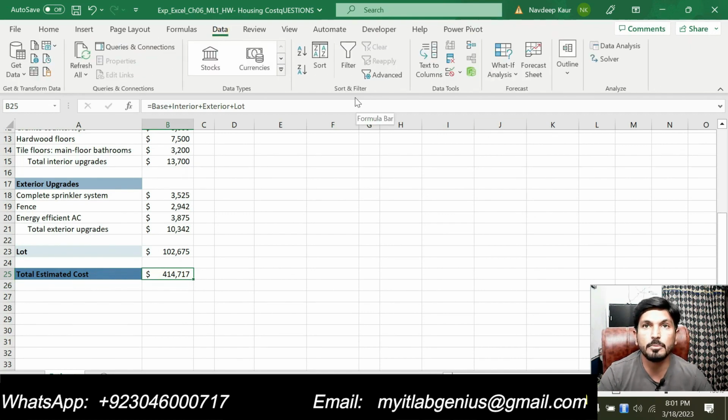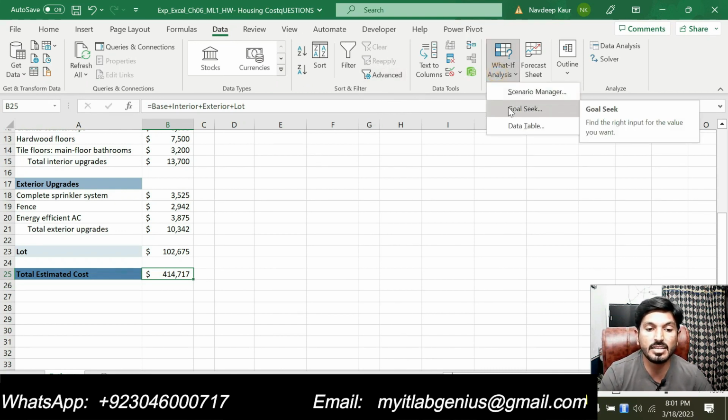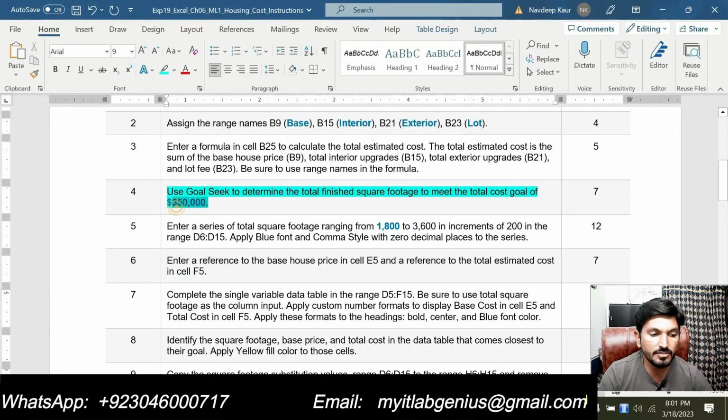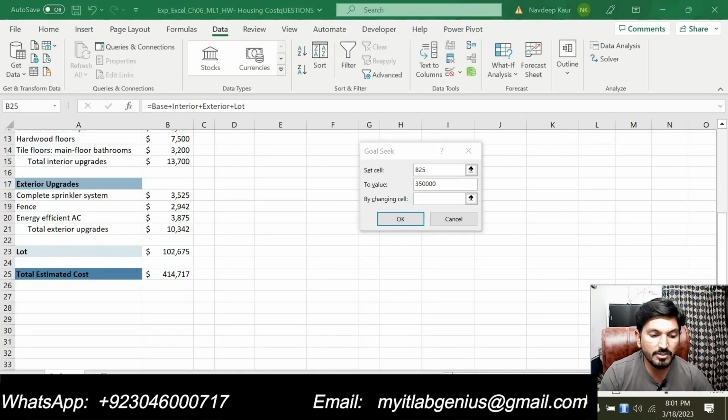After going to the data tab, we will click on what-if analysis. After that we will select goal seek. Now we are supposed to change the value to 350,000, which is given in the requirement. You can see that this is given as 350,000, and our changing cell will be